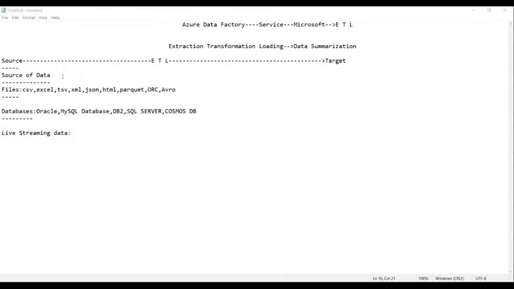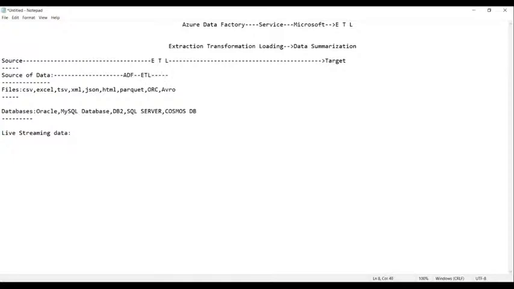So now further, from the source of data, the data is extracted. We use ADF, that is Azure Data Factory, and using this ADF we perform the job of ETL, that is extraction, transformation, and loading.